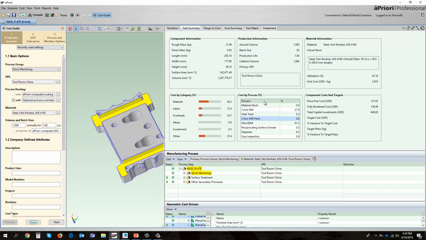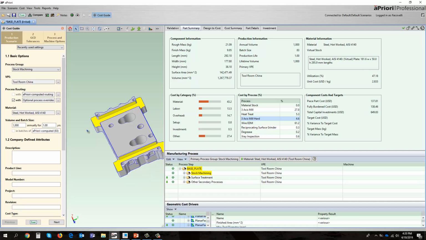So what I've done is added a series of processes to this, generated a complete cost from here. That's what you need to do to get a cost on a part. And then I'd like to finish with creating a cost report. So we're going to do a spreadsheet report. Once again, it's left mouse on reports,